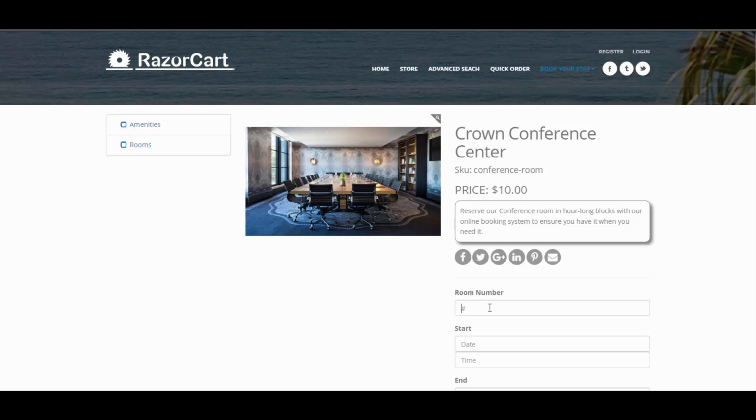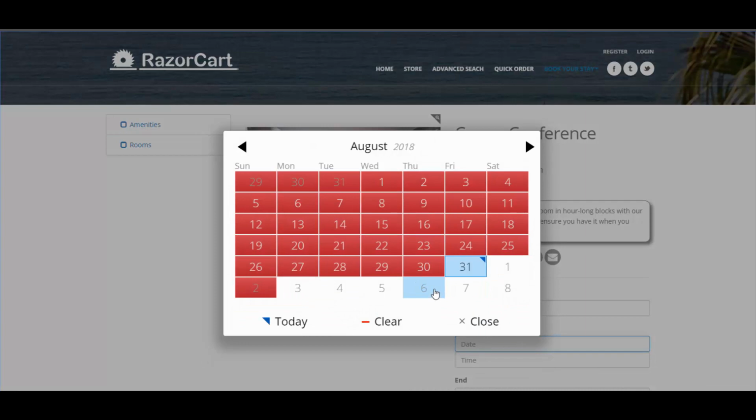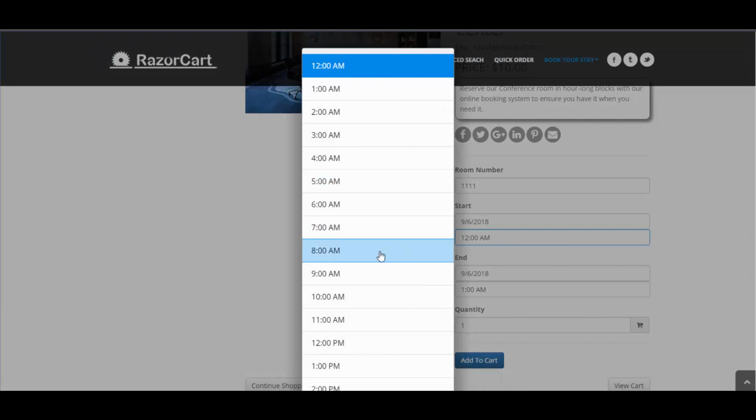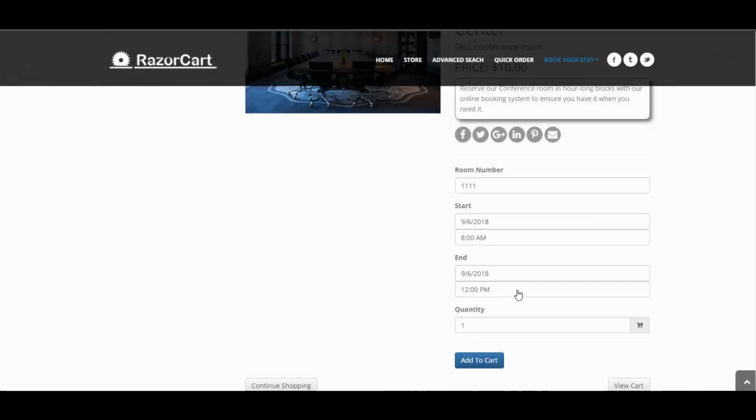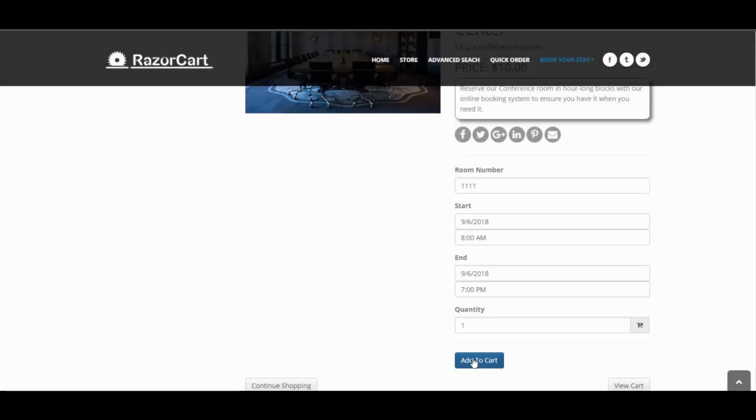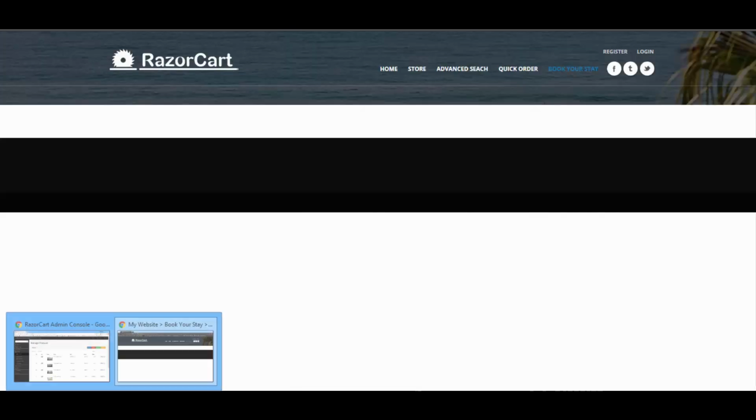So I'm going to go ahead and enter my room number and then pick a start date. The end date is the same as the start date, and then what time I'm able to book it. So I could book it from 8 a.m. to 7 p.m. And I'm going to go ahead and add this to my cart. And while that's going,